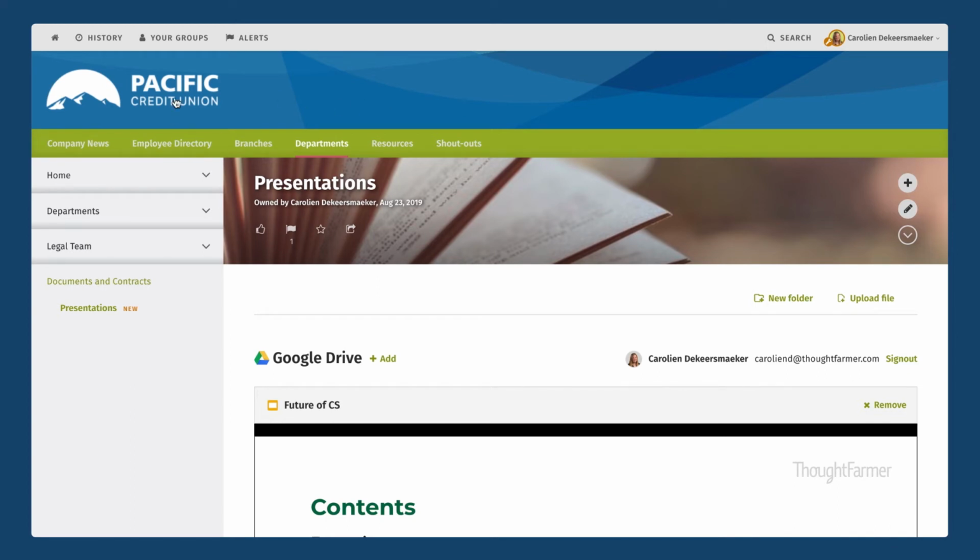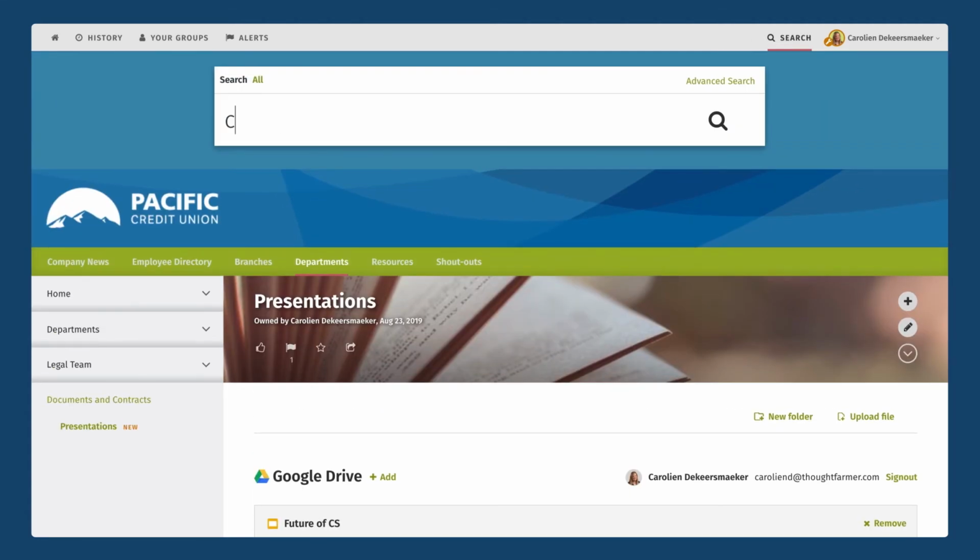Now the third thing I just quickly want to show you is how search works for these files. So with this integration, not only can we link to and embed Cloud Drive files directly on ThoughtFarmer pages, we can also search for them. So if I use the ThoughtFarmer search here and I type in the keyword contract,